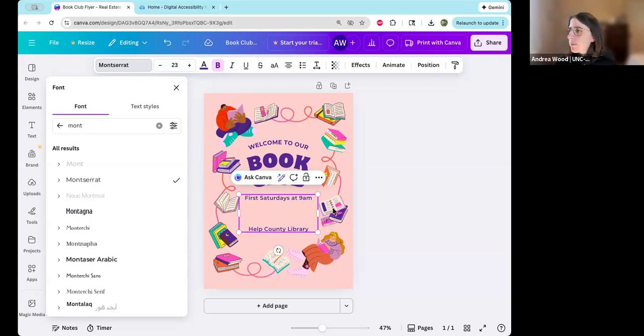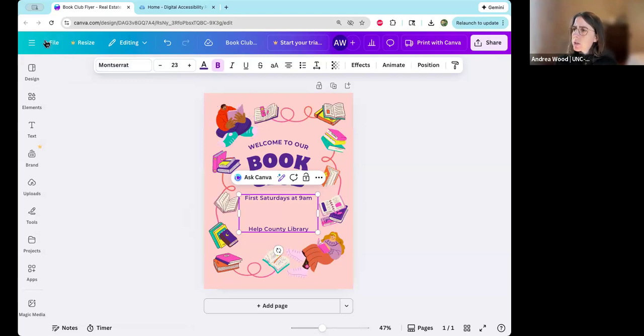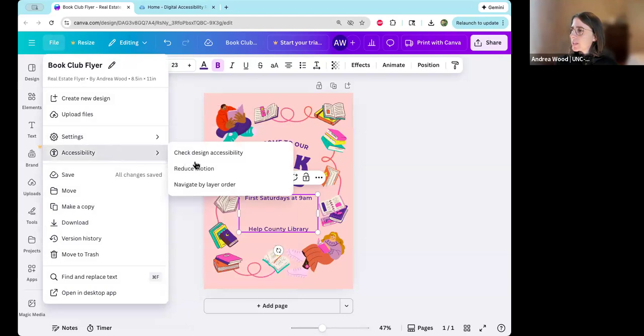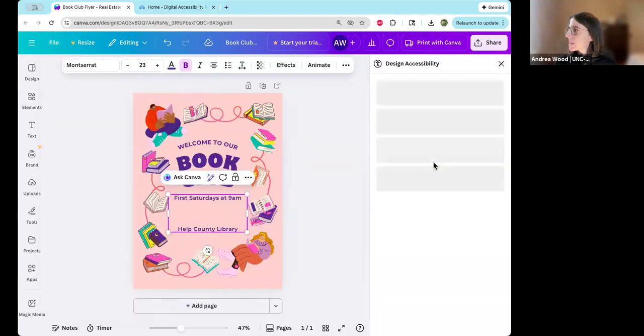But that's probably as much as I would put. You would want to make sure that everything is spaced out, and make sure that everything is very legible for people. And I'm not sure when I did this before, for accessibility, I checked the design accessibility, it